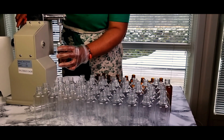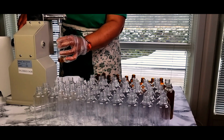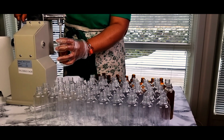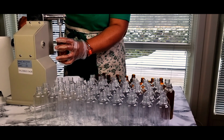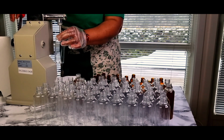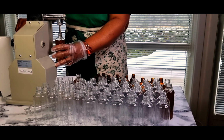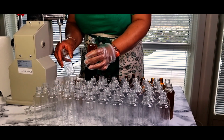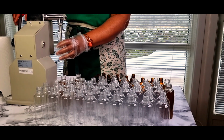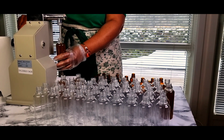So now it's about time for me to fill my oils. As you can see, I've just started, and I would like you to just enjoy this process because it is easy. It's just self-explanatory. I don't need to talk much here. Just be careful when you are filling the oil, especially when it's getting full, you have to be sure that you don't press too much,